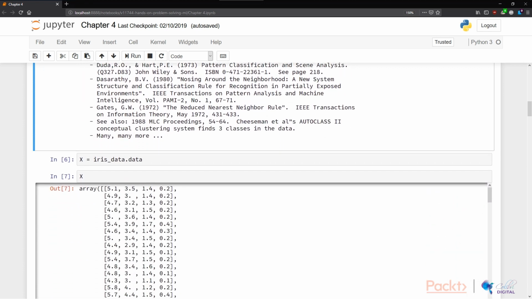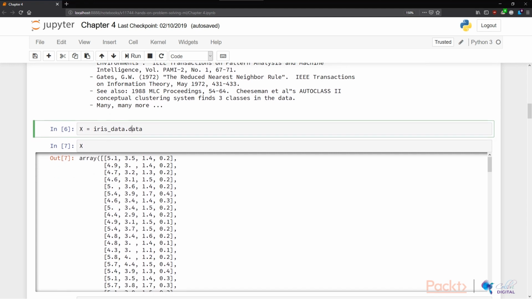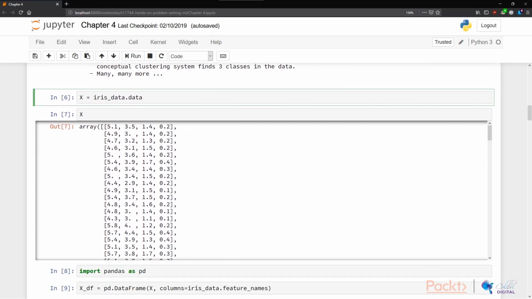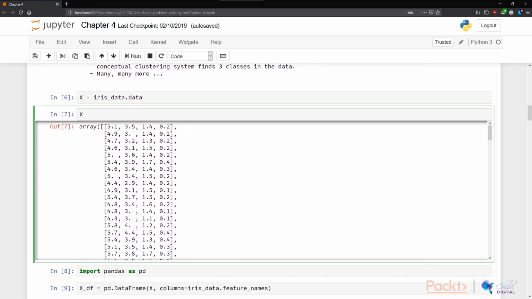As always, in 6, what we're doing here is putting the data, i.e. the 4 predictive variables of the iris dataset, into X, capital X, because capital X is conventionally used as a variable to store the predictive variables. So that's in 6. In 7, we're simply printing out the values of x,